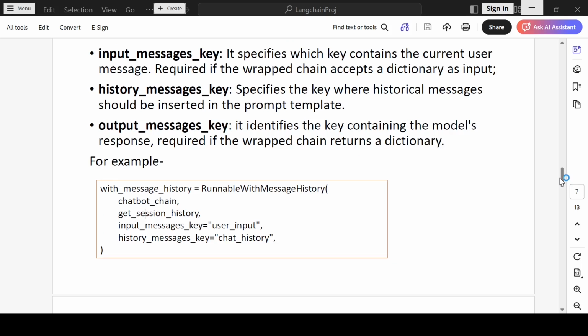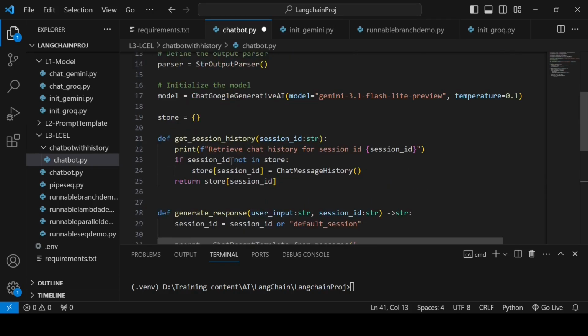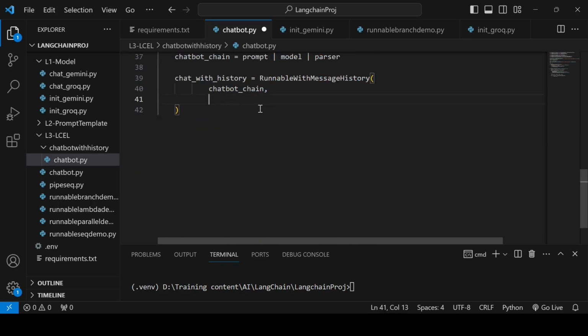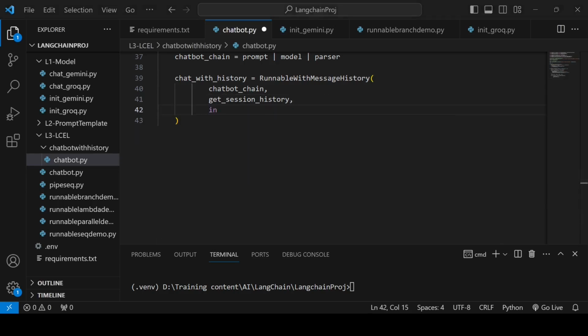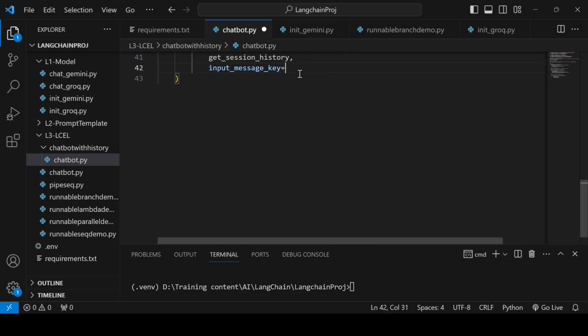We have to give the chain, then the get session history function, whatever we named it. I've named this chatbot_chain, so that will go first. Then we have to pass our function name, which is get_session_history. Then we have to pass one key, which will be input_message_key, which will be the current